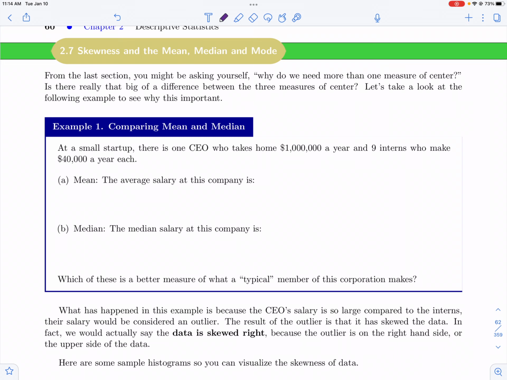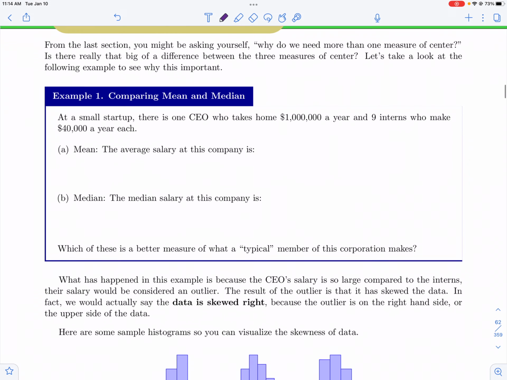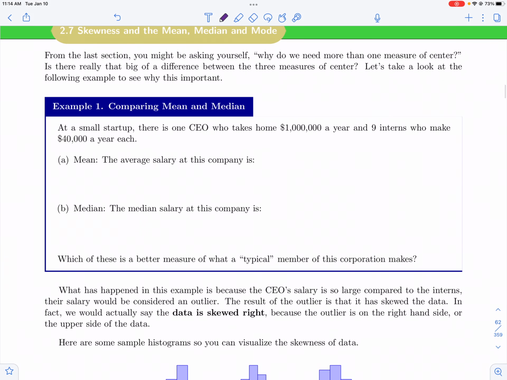So let's first start off with an extreme example, just so we can see what skewness looks like. We've got a small startup company that has one CEO that makes $1 million a year and 9 interns who make $40,000 a year each. If we wanted to figure out the average salary for this company, we would of course take the $1 million that the CEO makes plus 9 times 40,000, and divide this all by